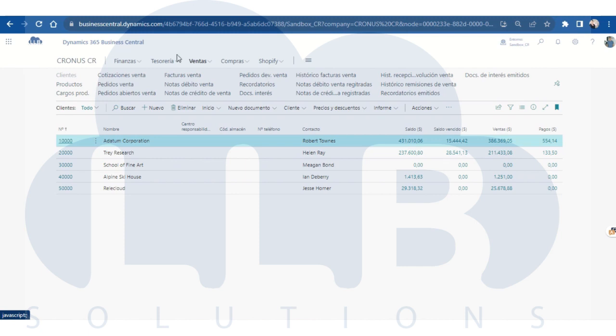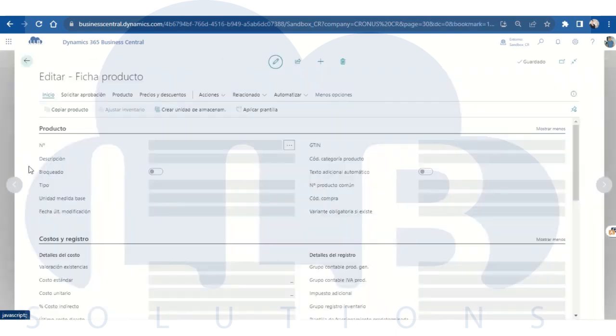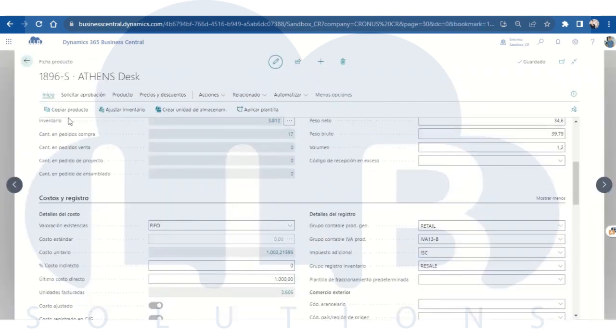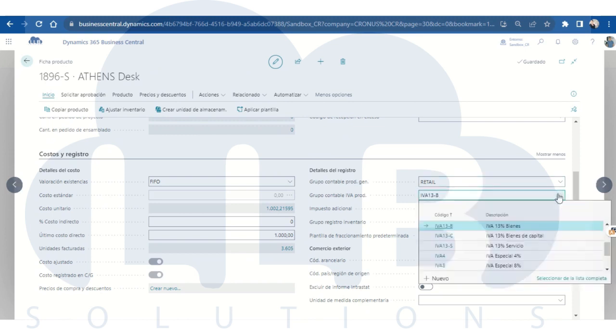In addition to this, in our product file, we are going to be able to relate what would be the additional tax. For example, here I enter a particular product, and we will see that this product has a goods VAT of 13%. We can see the different VATs that we have, if it's capital VAT, if it's service VAT, if it's special, if it's any other type of VAT, that of Article 9 of Law 9635,